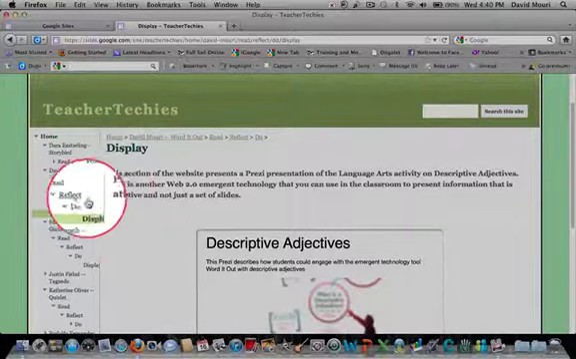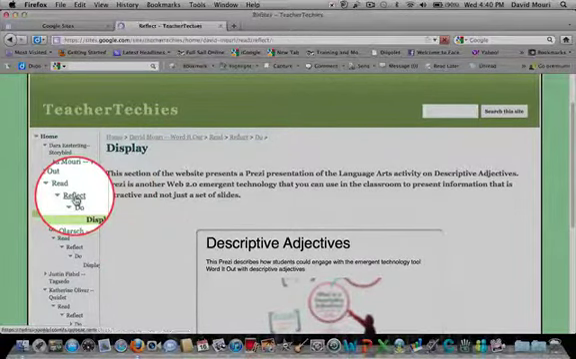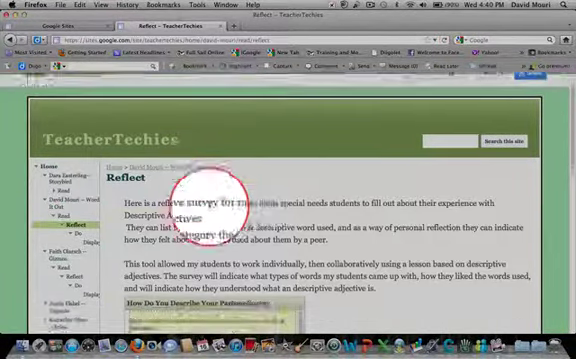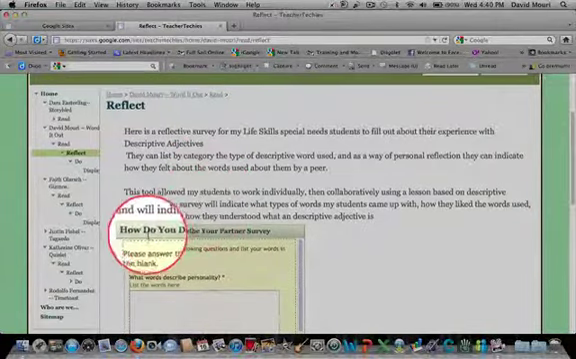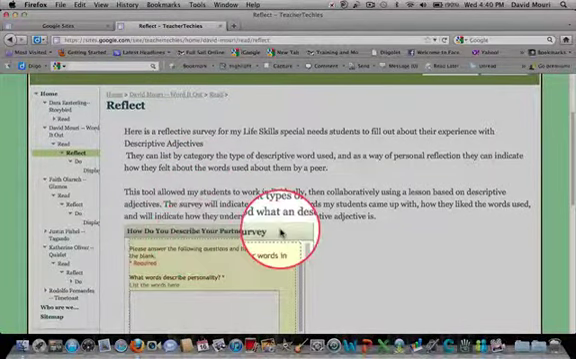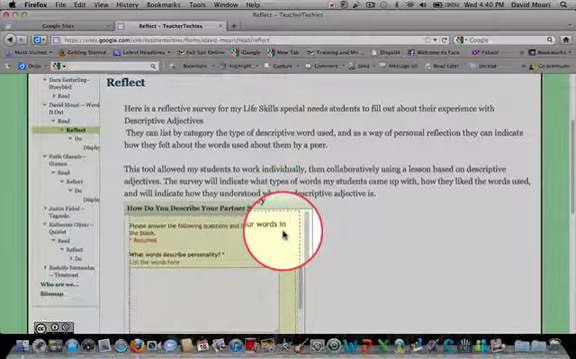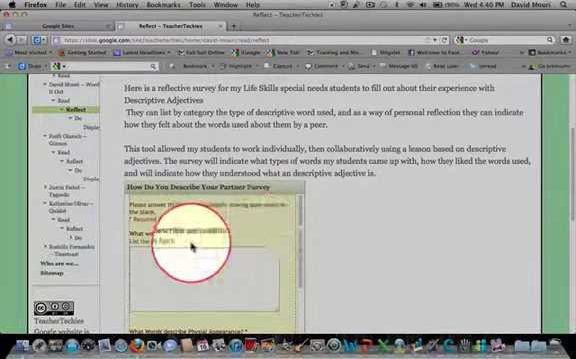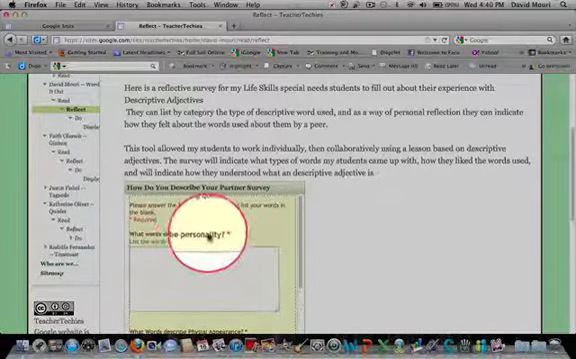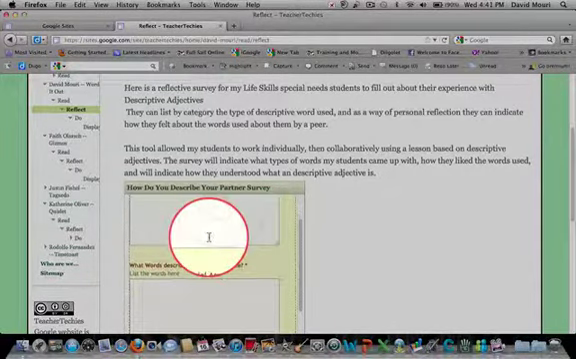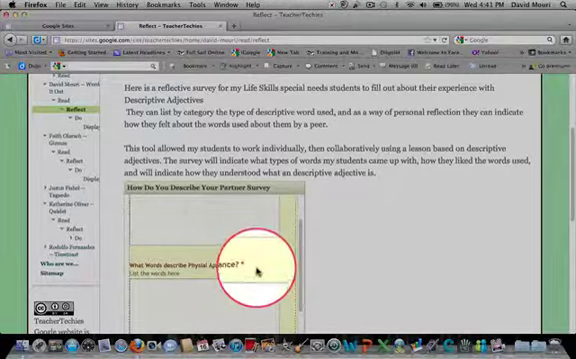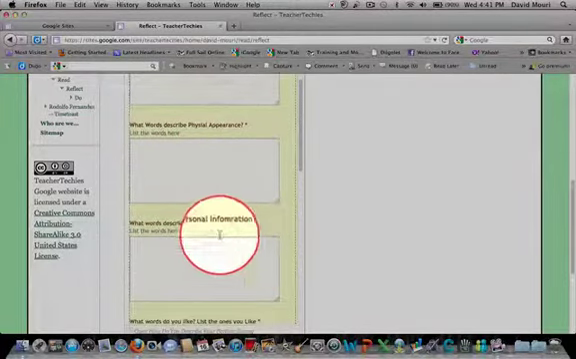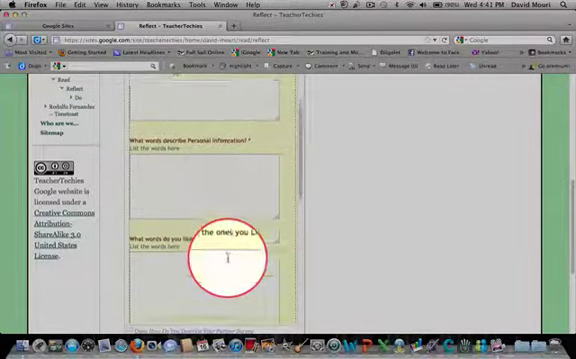And then, by way of reflection, my students found a how do you describe your partner survey. And so this was a way to find out if my students understood what kind of words described their personality and their partner's physical appearance, their personal information,